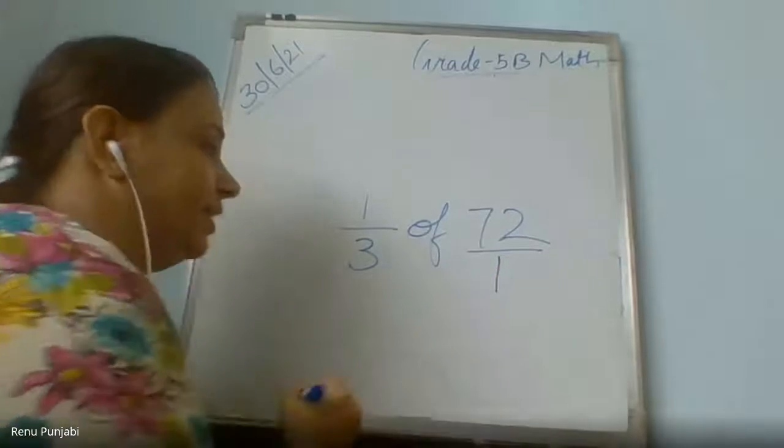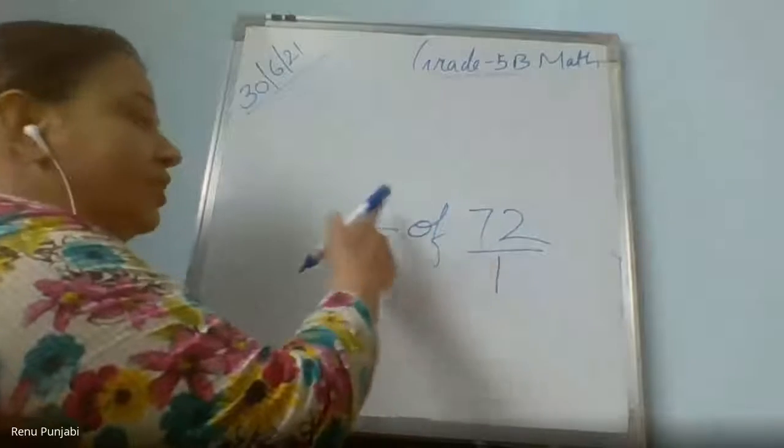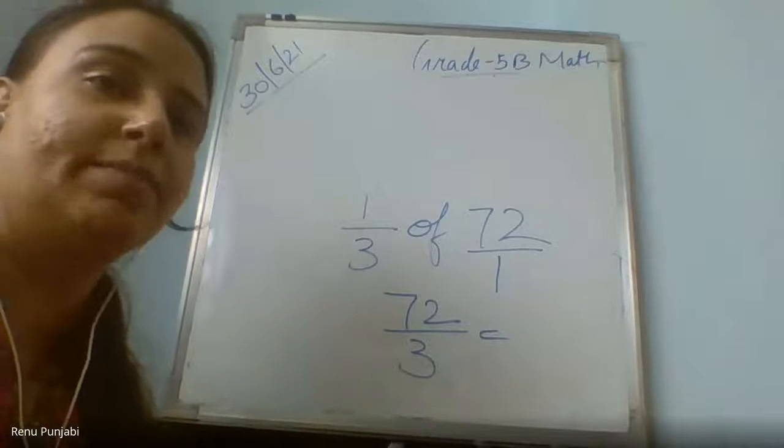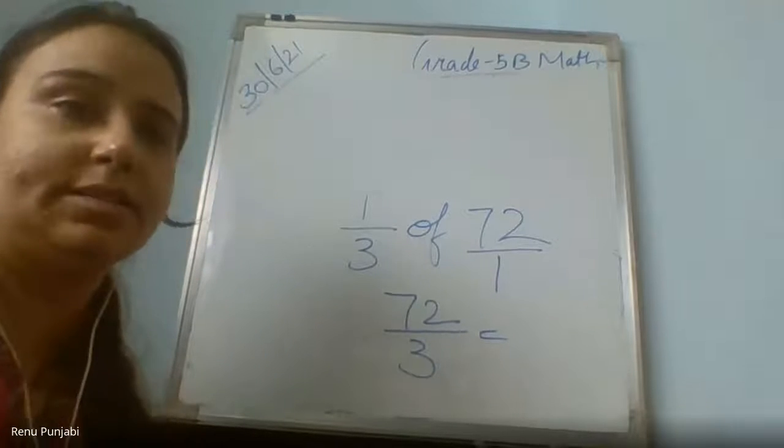Ma'am, wait a minute. First step is put a 1 in the denominator. No. Multiply the numerator with the numerator. Yes. As second, 9. It is divisible. Fine. Samriddhi, only divide. Yes, ma'am.